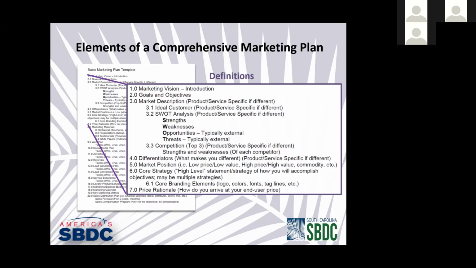Now, remember, goals and objectives should be measurable. They should be tied to something that after 6 months or a year, you can look back at and say, I accomplished that goal, or I accomplished that objective. So many people like to say, provide the best customer service around. Well, that's okay, but how are you going to measure it? And how are you going to know if you met that goal or that objective?